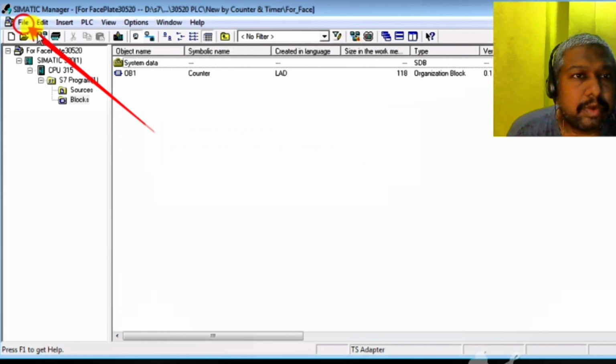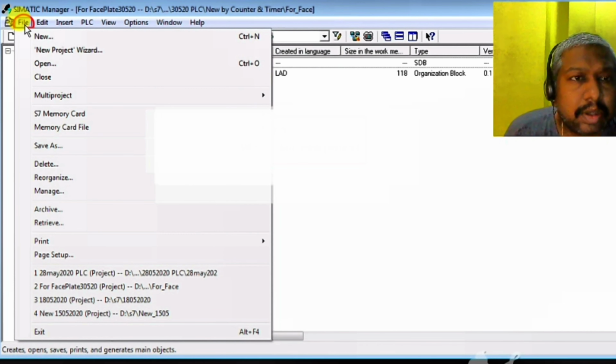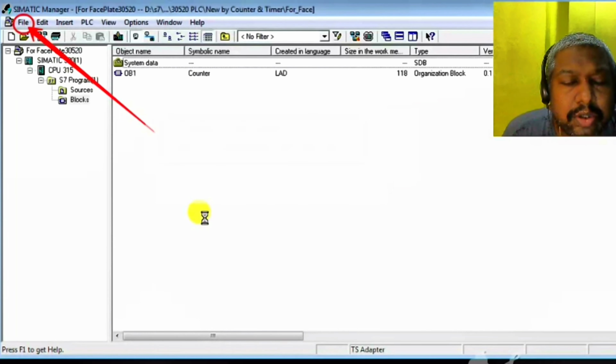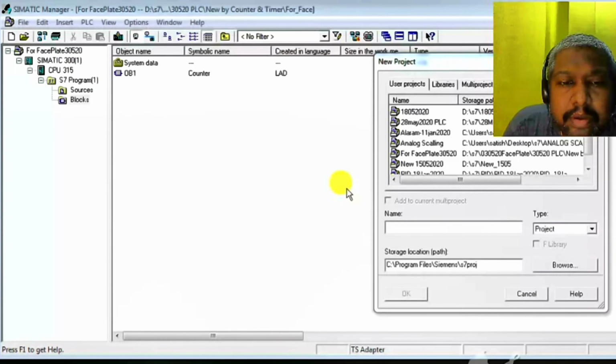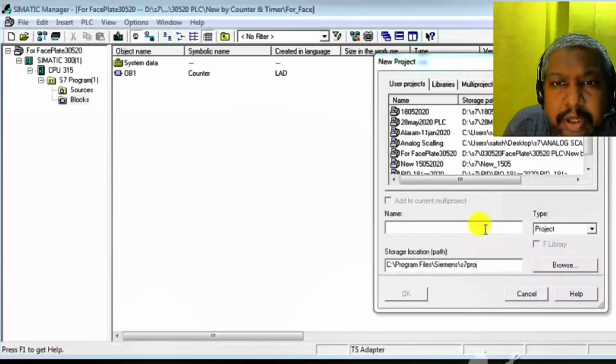For creation of a new project, go to the File menu and click on File. There are a number of options available: New Project, Wizard, Open, Close and Multi Projects. We have to create a new project, so click on the New option, then a new window pops up, the New Project window. Name is the new project name.